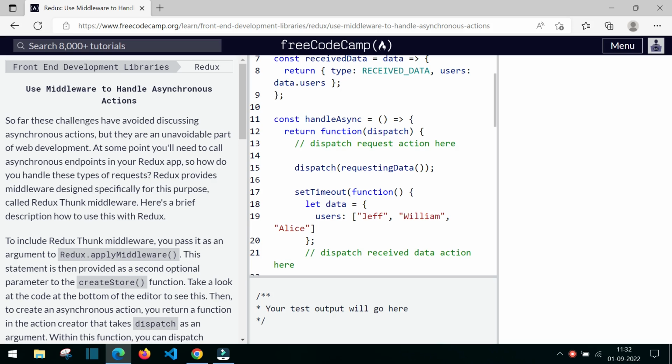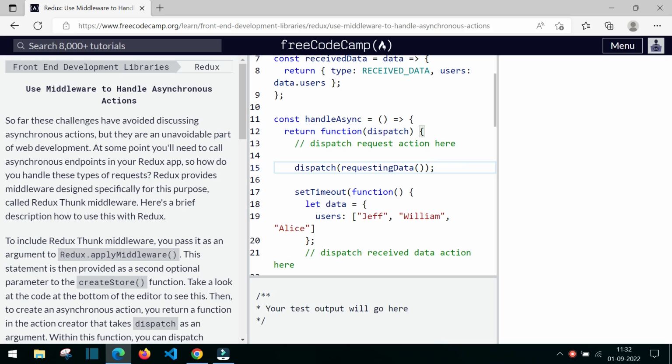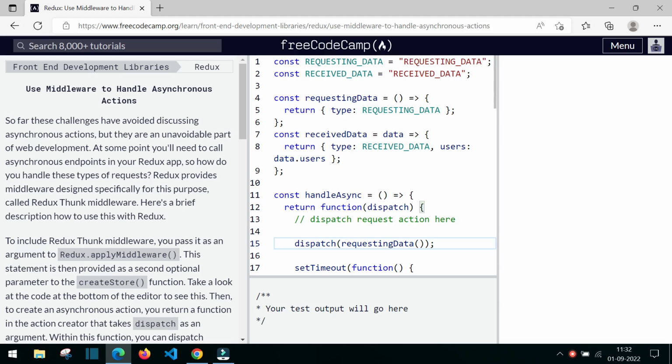In this function you can see we have given return function of dispatch. For middleware we have to give it like that only. Middleware is nothing but what is used to handle asynchronous functions. So we have to give a function of dispatch and give dispatch requesting data. Then we have given setTimeout with a function of data like this, users Jeff, William, Alice. Here what we will be doing is,